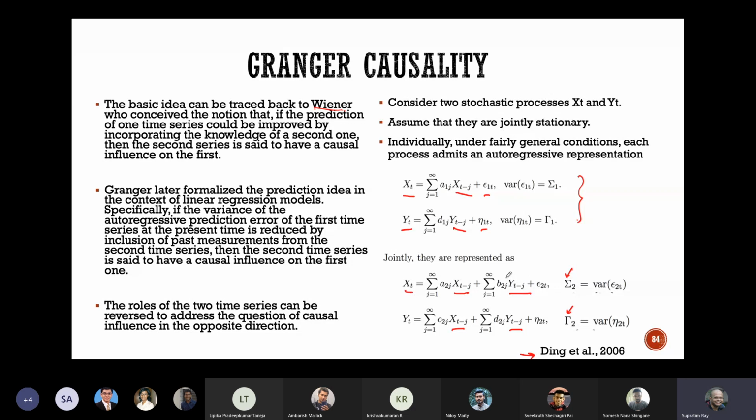Likewise, if adding x improves the prediction of y, then gamma 2 is going to be less than gamma 1. So I can simply say that the influence of y on x is the reduction, the ratio of sigma 1 to sigma 2. Remember, this is going to reduce the influence of y on x. If sigma 1 equals sigma 2, then this is 1, ln 1 is 0. So the Granger causal influence is just